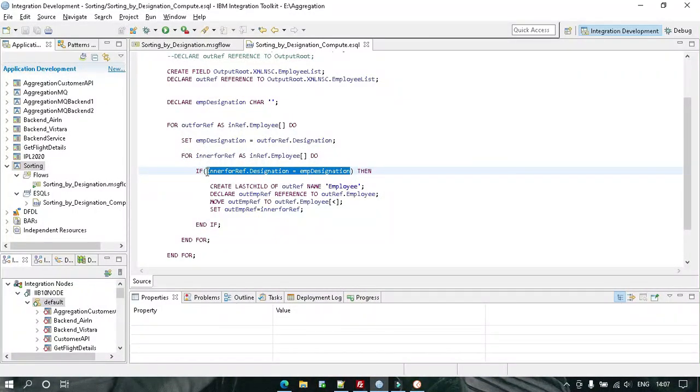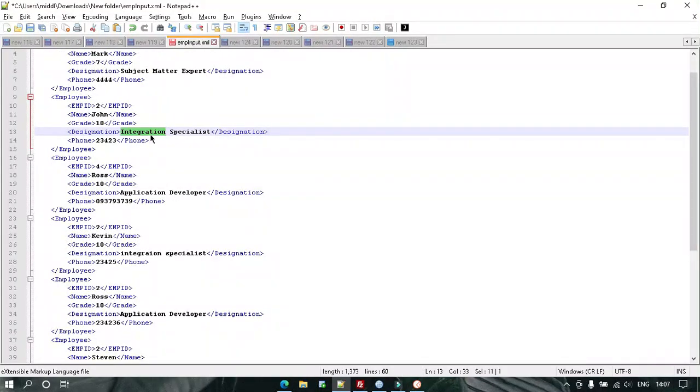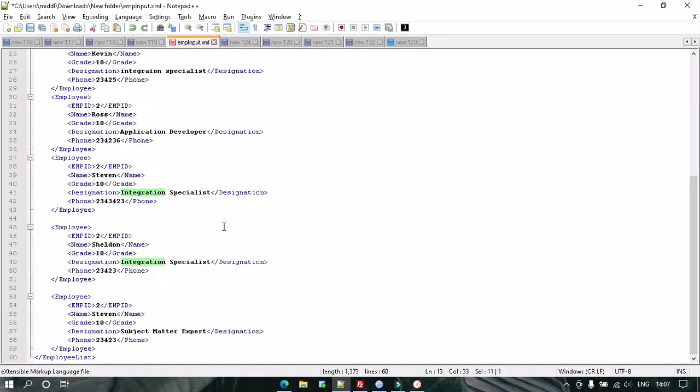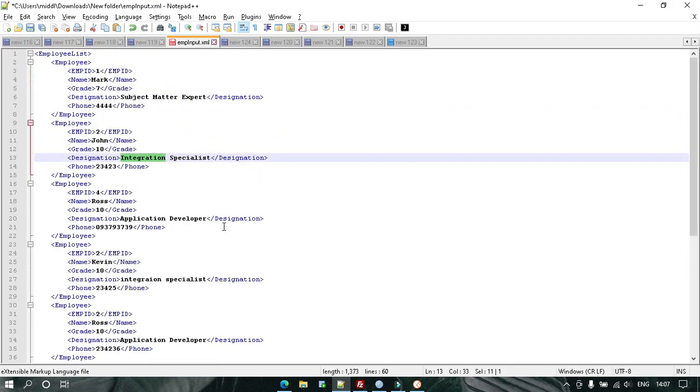Whenever it is matching for integration specialist, this integration specialist is found, and all the integration specialists which are present, they will be created. Fine. Now, let me make it integration.